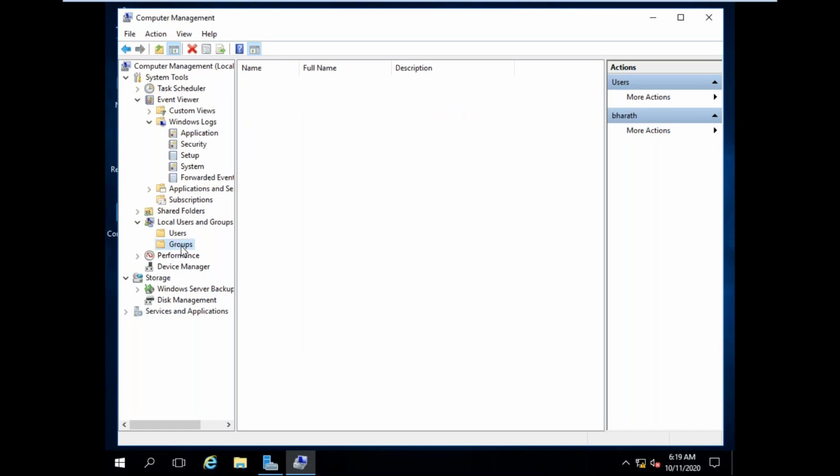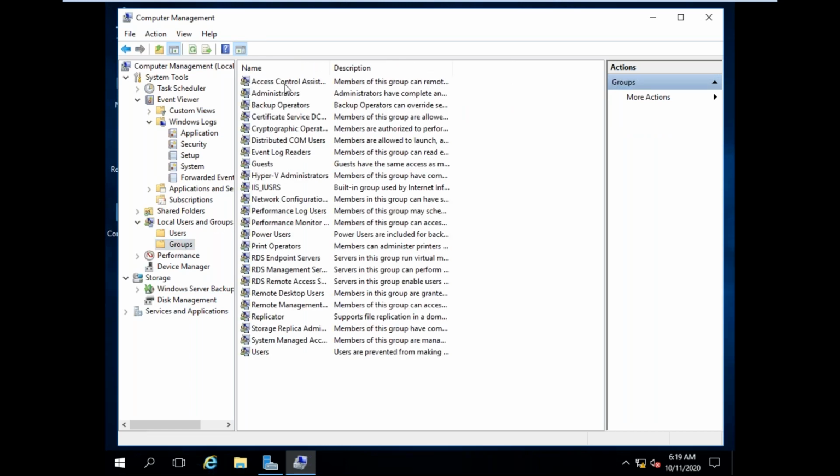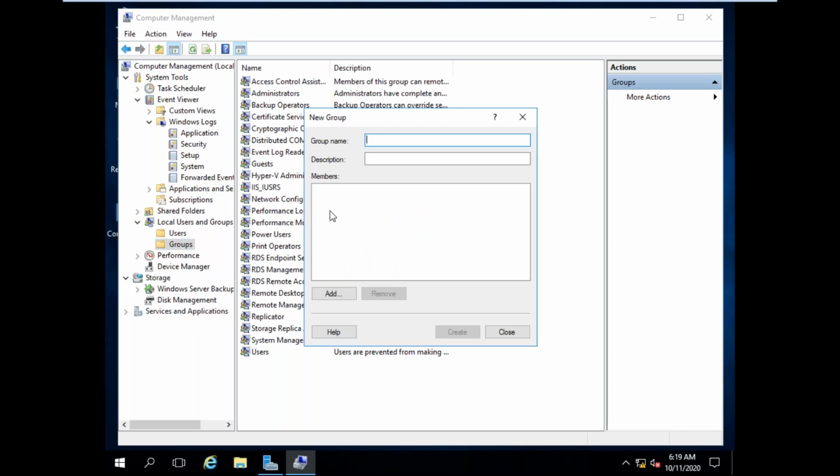Now I want to create a group. Click on Groups. These are the default groups, like different default groups will come. Now I want to create a group. Right click, New Group, group name: AWS group. There are no members in the group.